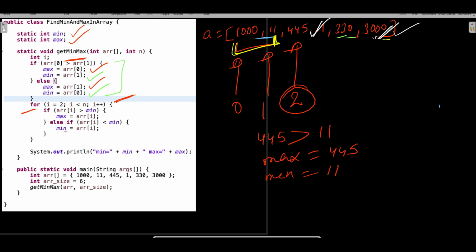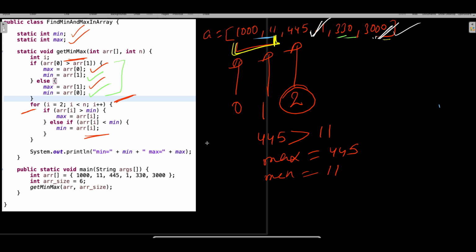Now this loop will continue, and after continuing the loop, you can check this program. So either the number can be bigger than the min number, or it can be smaller than the min number. If it is smaller than the min number, my min number will change as per the logic, right. So while doing the comparison, whoever is smaller than the min number, that is going to change the min, and whoever is bigger is going to be the max element, right. And if you run this program, you will get the output.